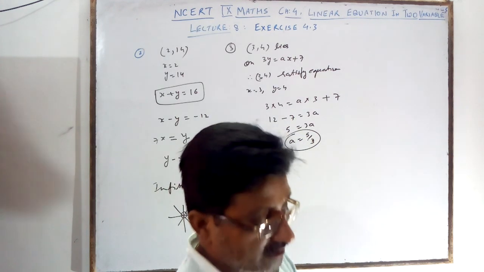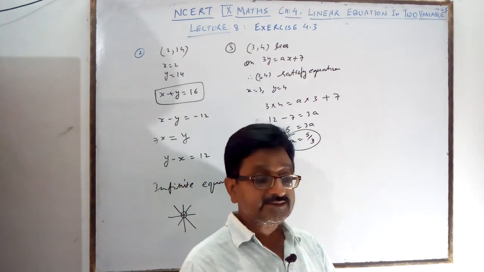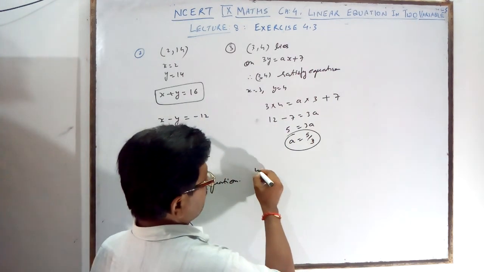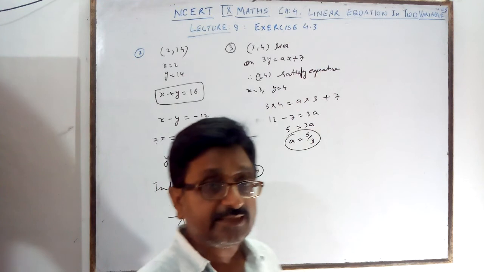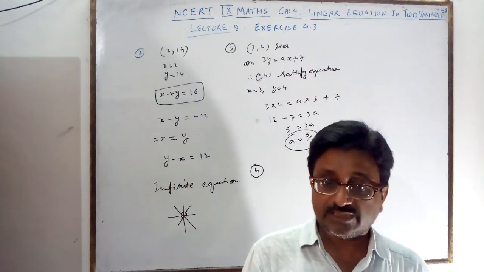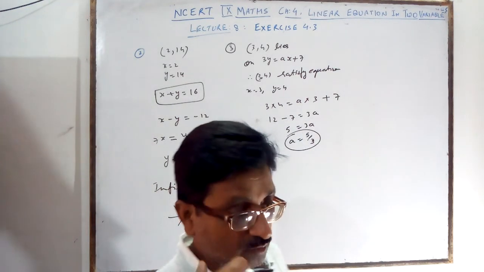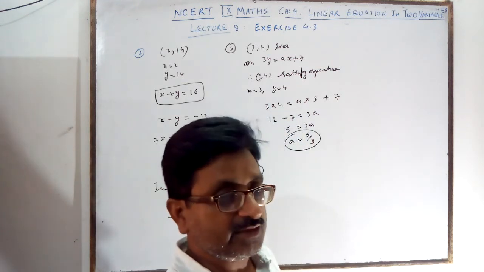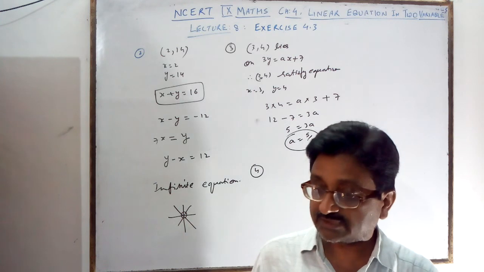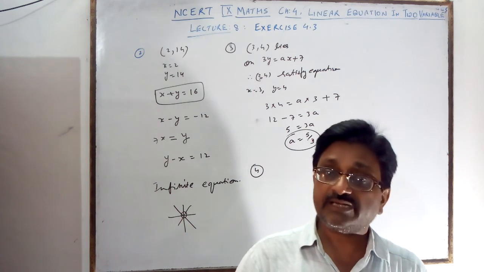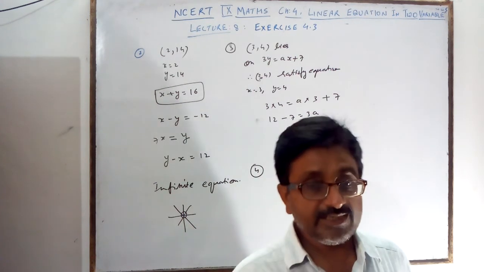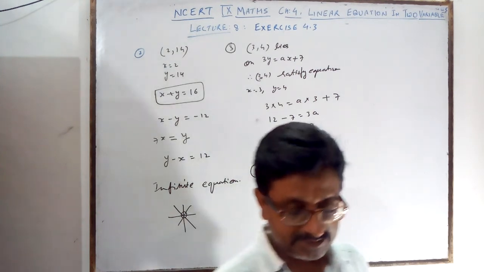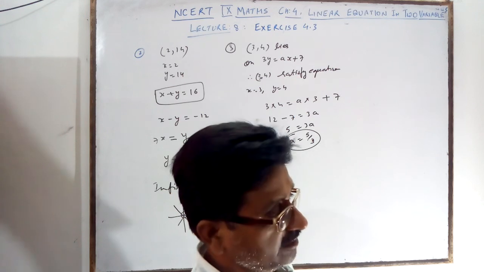Question number 4. The taxi fare in a city is as follows. We know very well this type of question. A taxi fare. We will get how many kilometers and what is the fixed charge. Suppose a taxi hire is 1000 a day, and then it depends on the per kilometer charge. If I am not going any kilometer, then I only pay 1000 a day. The taxi person will return to his home.